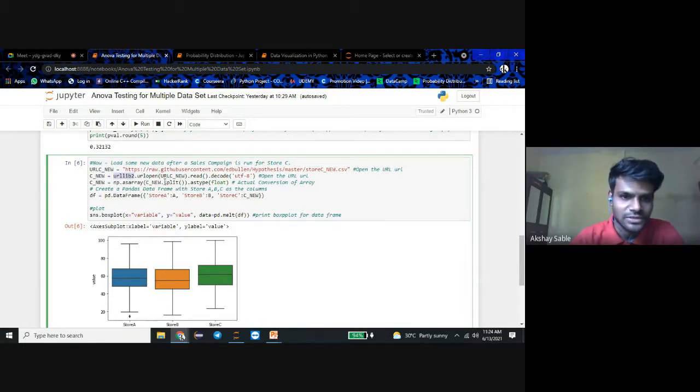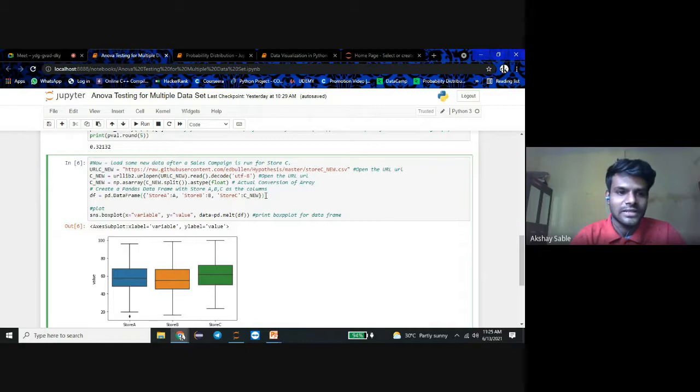We just use the split function to split the data, and astype float does the conversion of the array as we showed before. Create a pandas data frame with store A, B, C as columns. We use a data frame variable here, pd dot DataFrame, for splitting the columns into store A, store B, and store C.